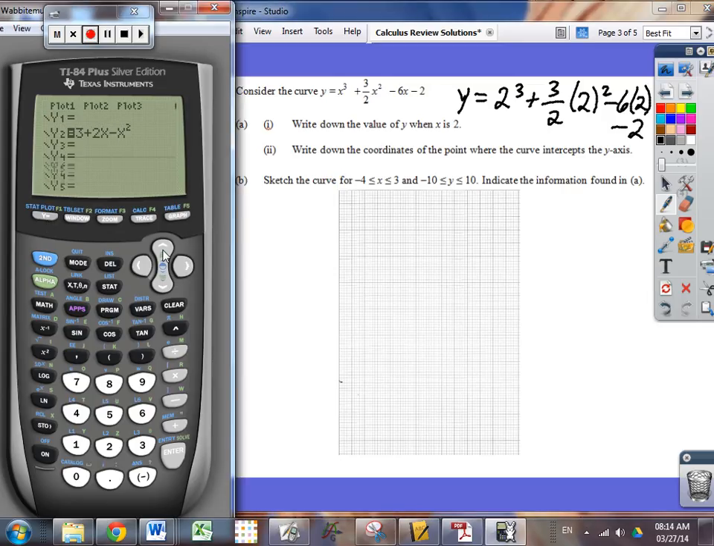I'll clear the old ones. I don't know why the second one is not clearing. There we go. Alright, so I've got x cubed